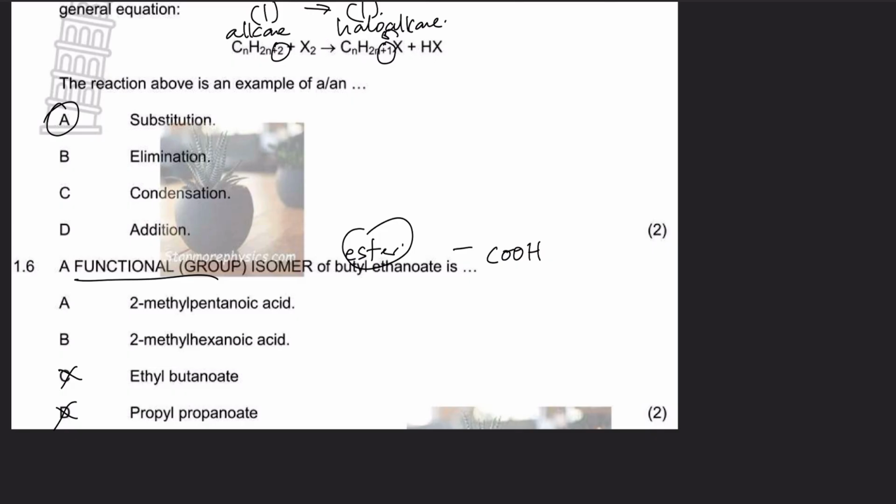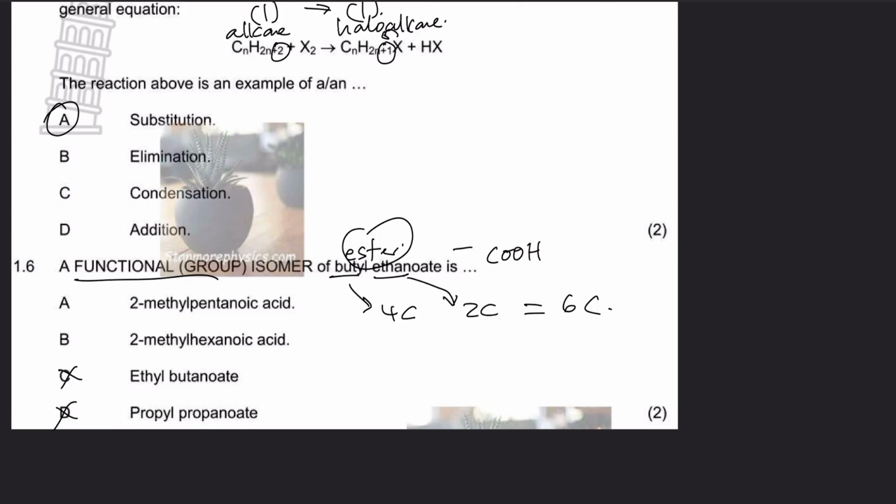So to answer this, we need to look at our ester. Our ester is butyl ethanoate. Butyl means it has 4 carbons. Ethanoate means it has 2 carbons, right? Butane, ethane, 4 and 2. So total 6 carbons. So remember, for an isomer, the number of carbons and hydrogens and oxygens will all stay